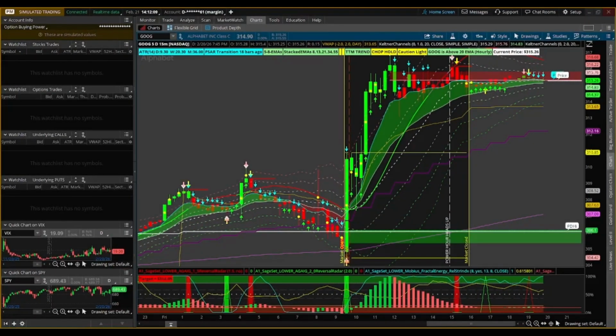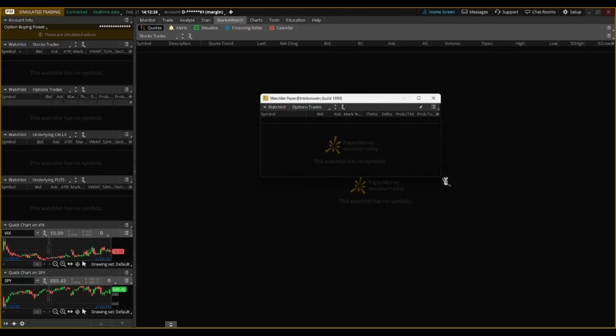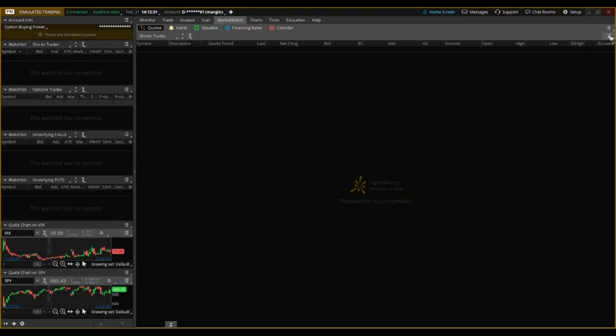Watchlists let you group and monitor symbols. You can access watchlist functions from the sidebar, the MarketWatch Quotes subtab, or any detached watchlist gadget window. To create or modify from a watchlist gadget, you'll always use the watchlist name dropdown. To create or modify a watchlist from the MarketWatch Quotes subtab, you will always use the hamburger icon to access